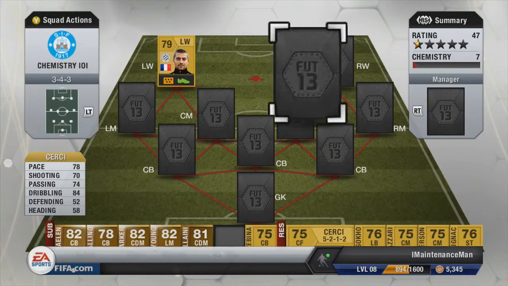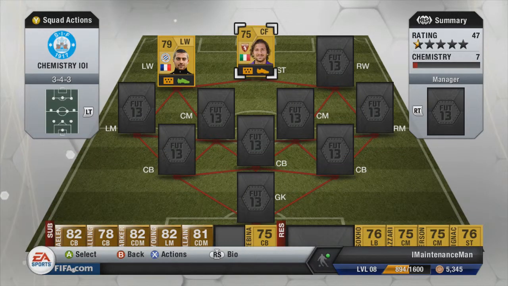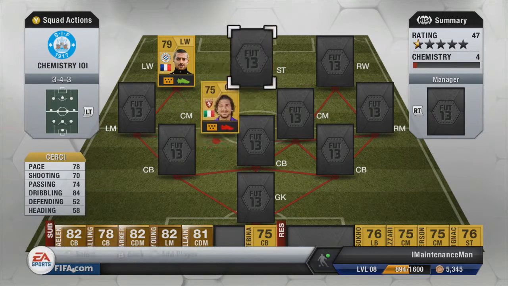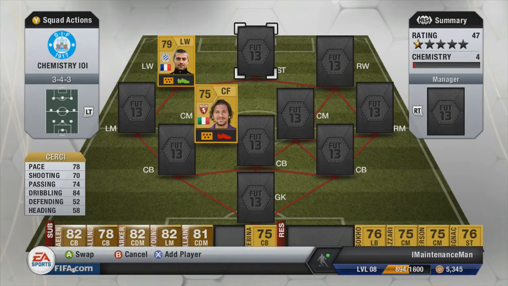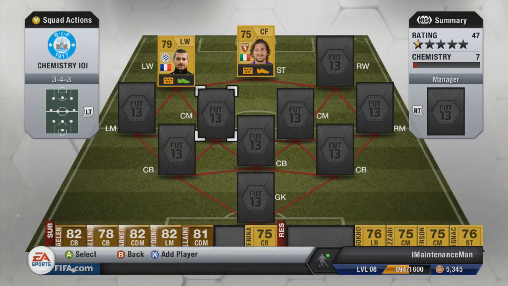If you look at Cersei, whenever we place him in the centre forward, in the striker position, it's not his regular position, but he gets an orange boot because of the fact that he is a centre forward. And if we place him in the centre mid, you'll see that it goes straight to a red boot. Now the reason behind this is that players will only play one position out of their natural position,